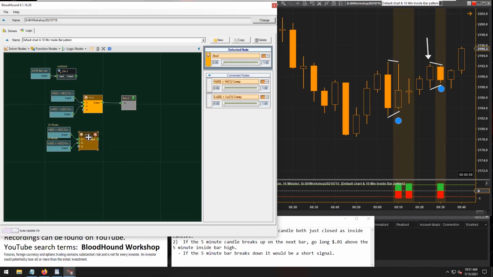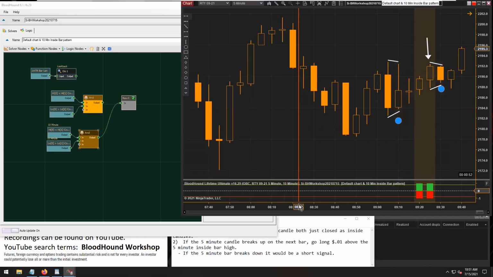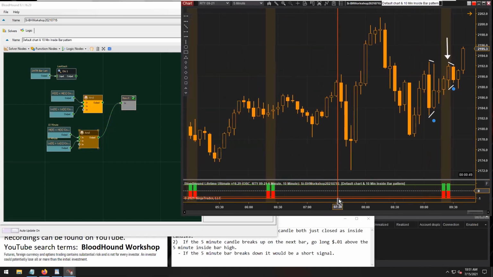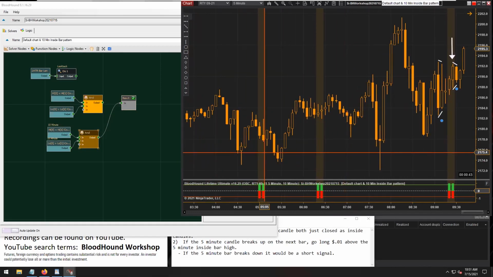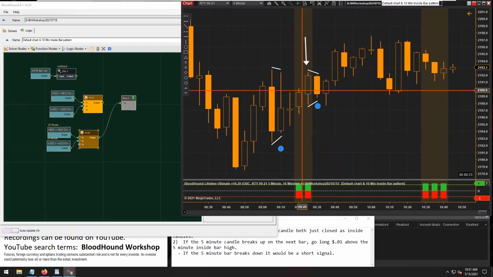Everything up. And then let's take a look at this first. And so here, what we can see is when there is an inside bar on the 10-minute chart. If we look here, unfortunately, looking here,